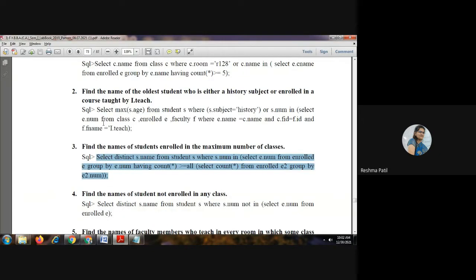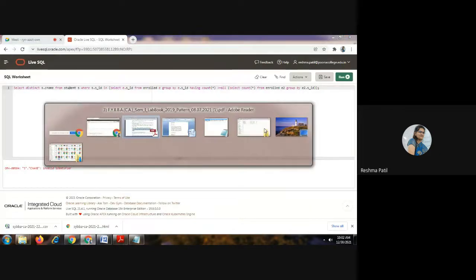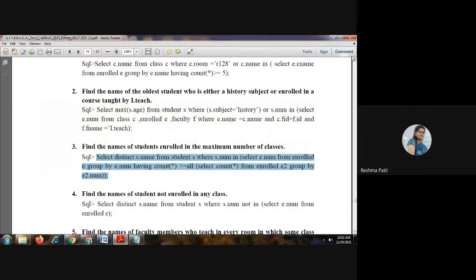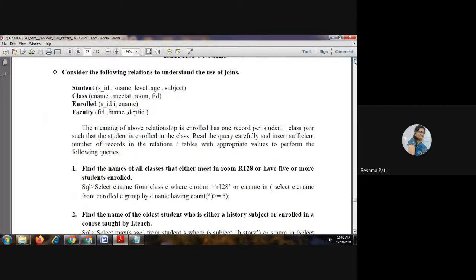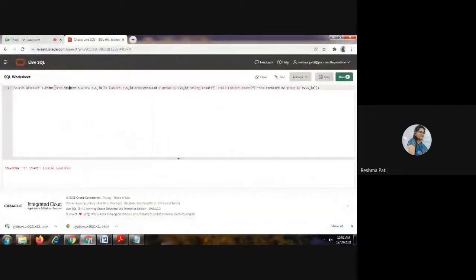For the student, what have we written? S name. So RIA is the output of this query.